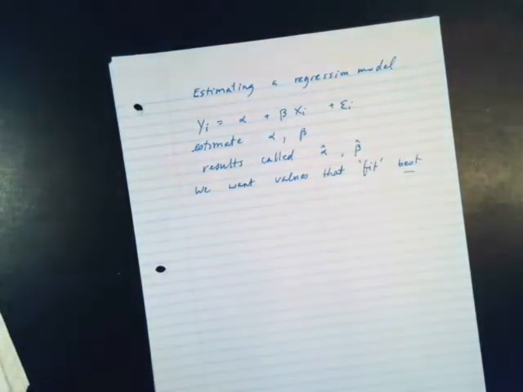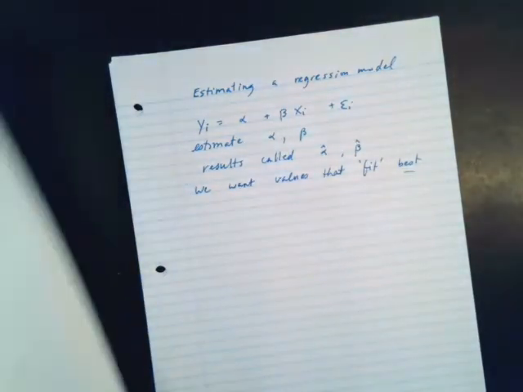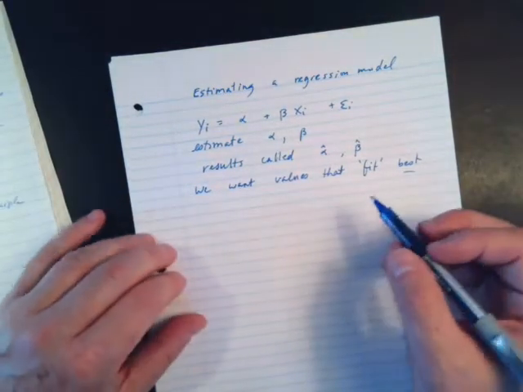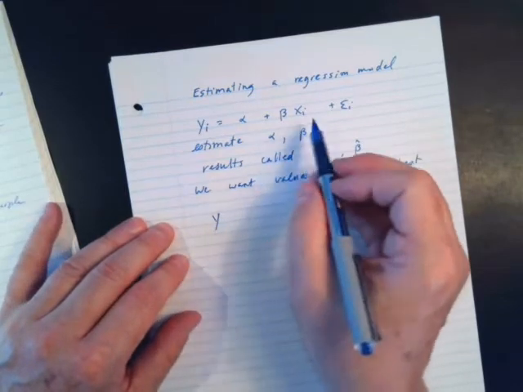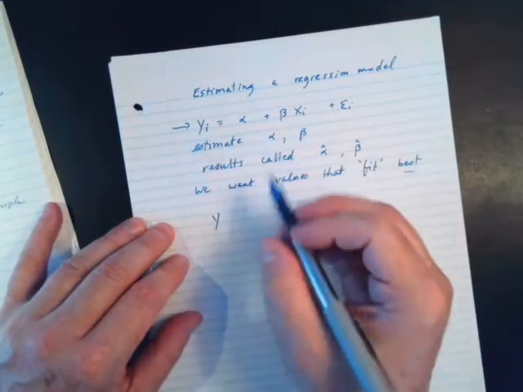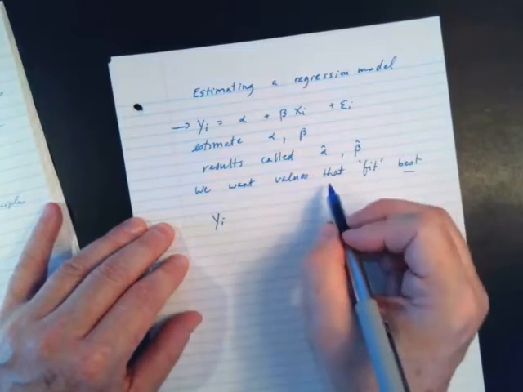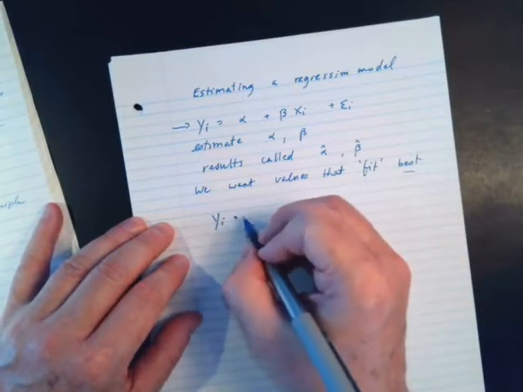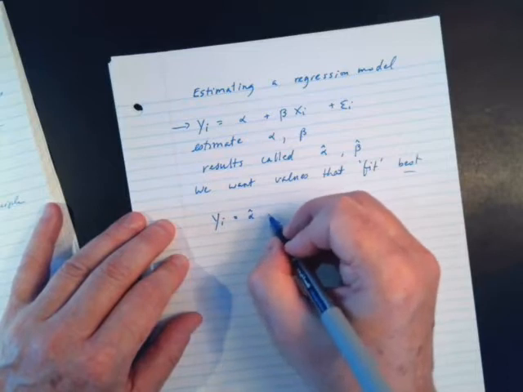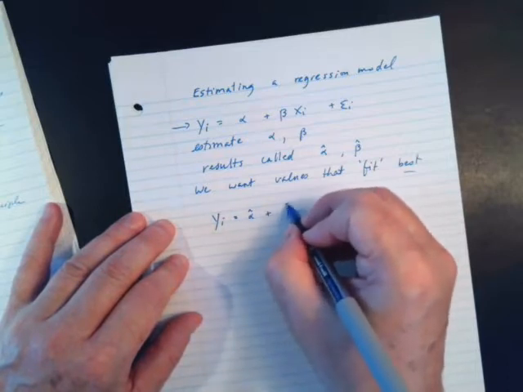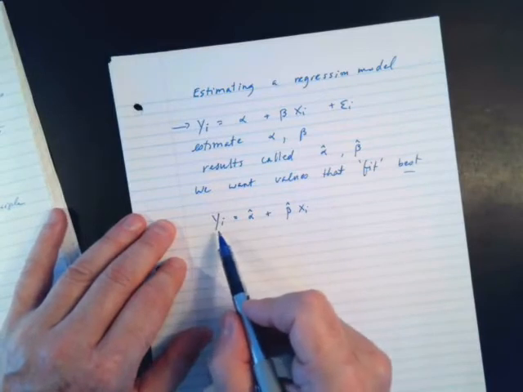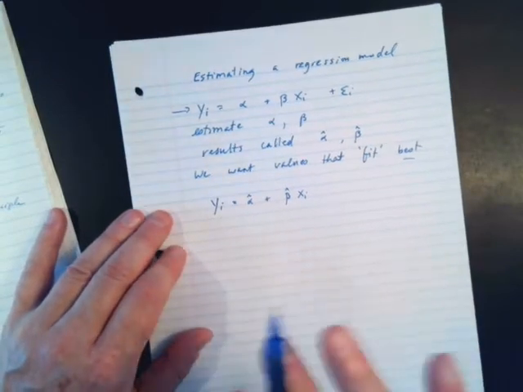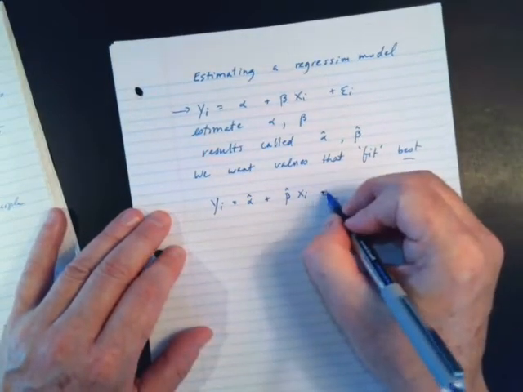All right, so we have our model. Okay, so that's the basic model. Now, when we've picked them, what we will have is alpha hat plus beta hat x. And because not every observation of y is going to fit exactly on the regression line, then we will have